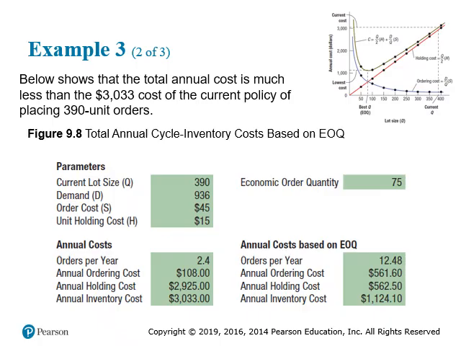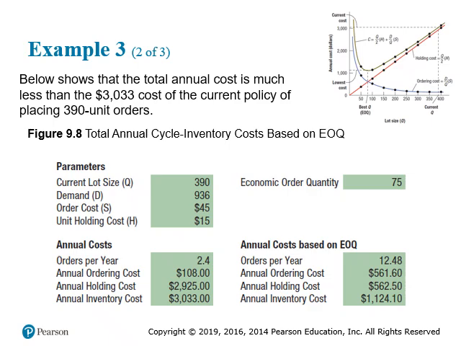then dividing 936, the annual demand, is that what it was? I believe that's what it was, yes. Dividing that by 75 will tell us we get 12.48 orders in a year. So we're ordering a lot more frequently. We're paying more to order. We're paying